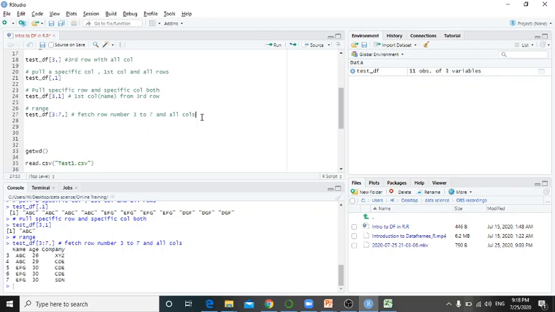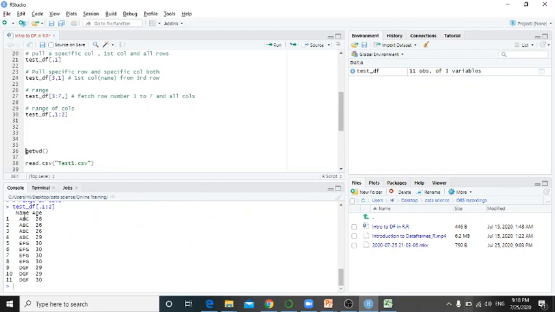Okay, similarly you can mention the range of columns. How to do it? test_df, and all the rows you want to access, but column number 1 to 3 or 1 to 2. Okay, so here you see name and age have been fetched, but all the rows.